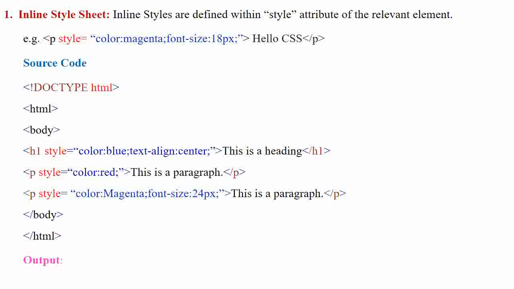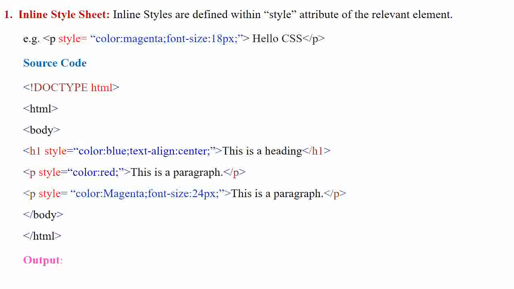Now see one example of cascading style sheet. HTML tag, body tag, h1 tag, style attribute equal to color having value blue, text align having value center, closing of h1 tag. This is a heading, end of h1 tag.